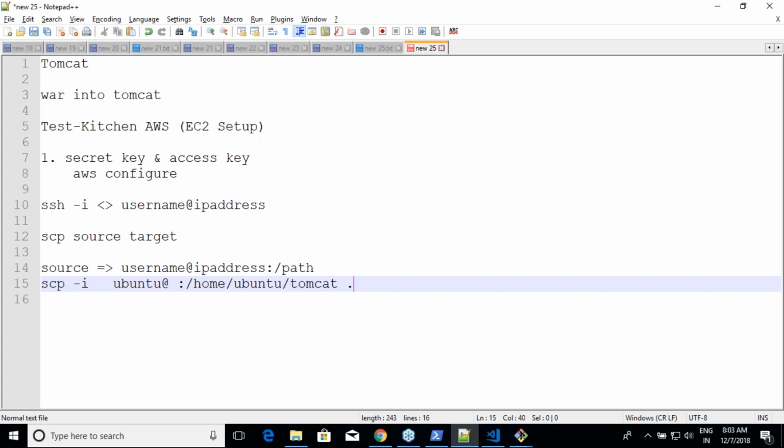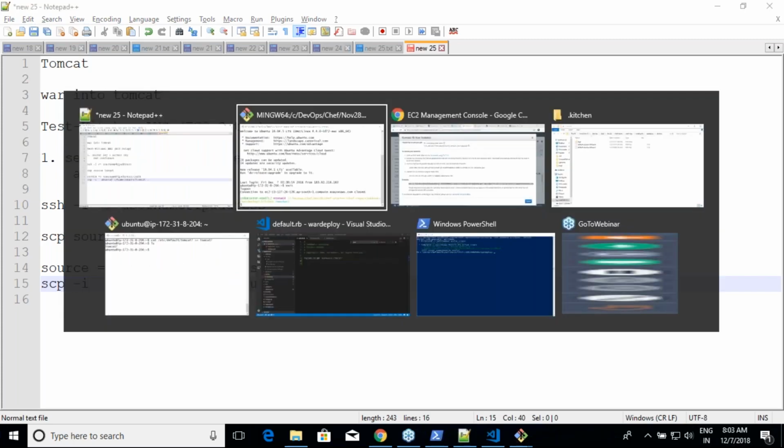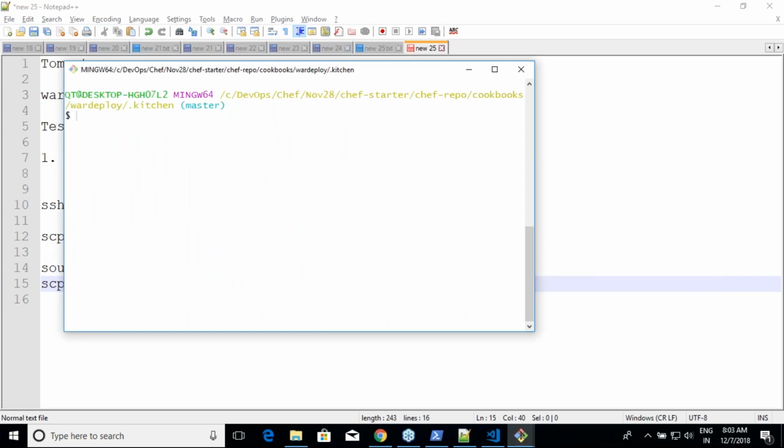Shall I try this? Okay, good. Now I'll just execute the same command. ssh -i, colon /home/ubuntu/tomcat7, and I want tomcat7 to be copied over here.